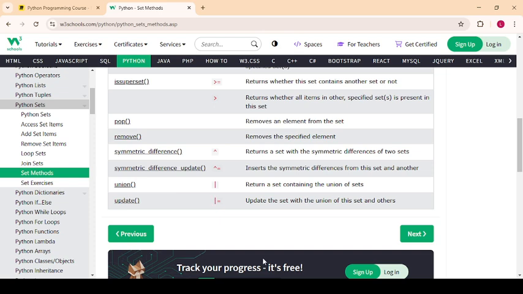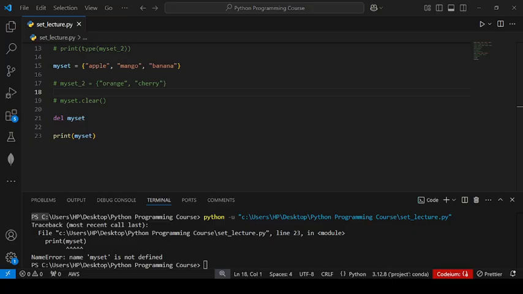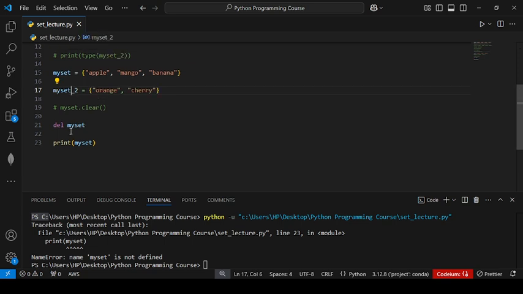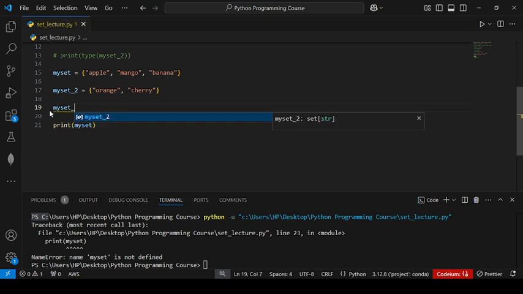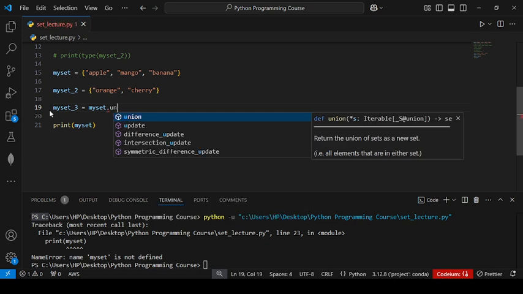So I use mySet2, mySet, mySet3, mySet dot union.